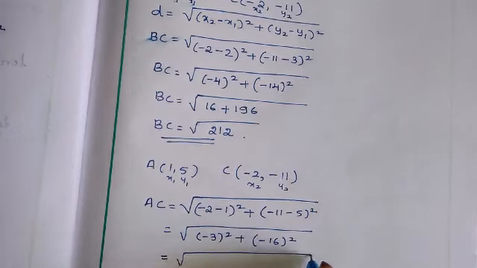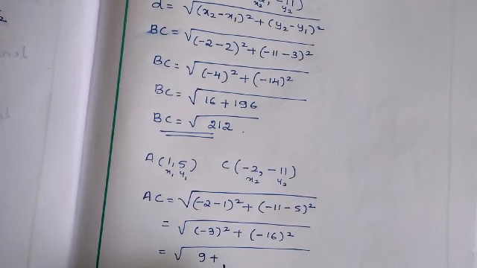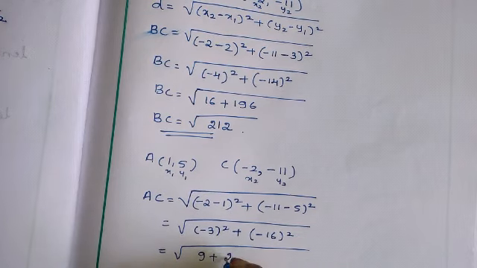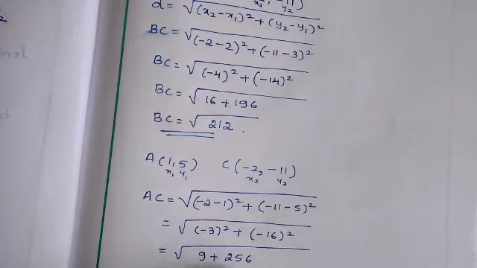So we can see here 3 square is 9 plus 16 square is 256. So 9 plus 256 is nothing but